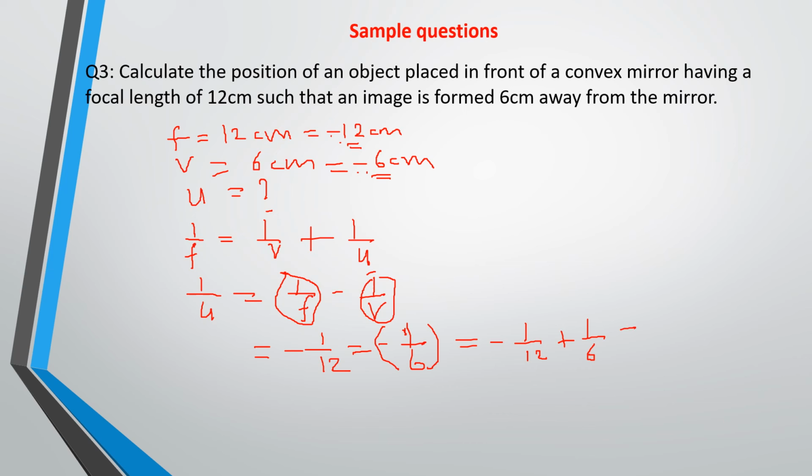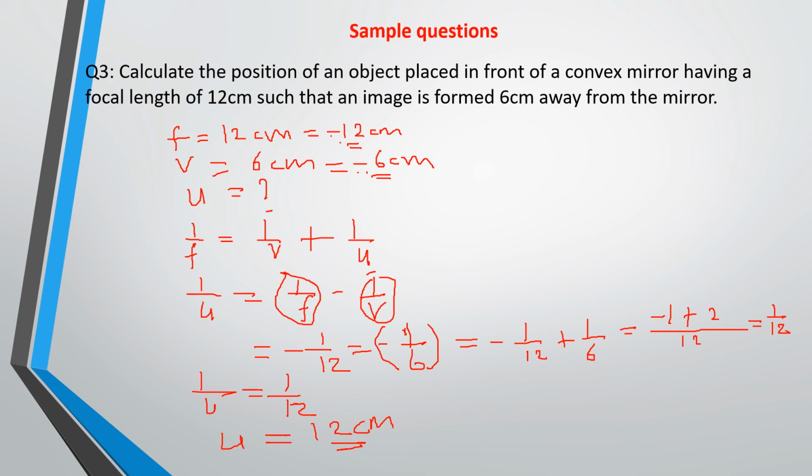The LCM of 12 and 6 is 12. 12 goes into 12 one time, so minus 1 plus 2. This gives you 1 over 12. So 1 over U is equal to 1 over 12. This gives that U is equal to 12